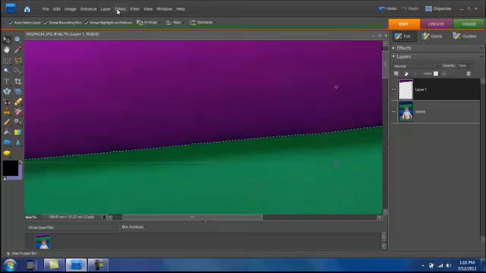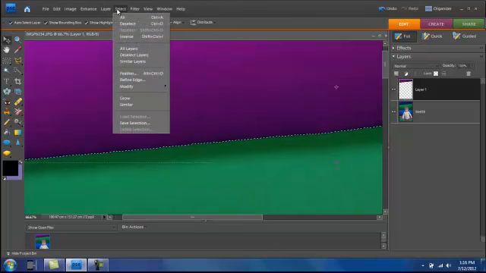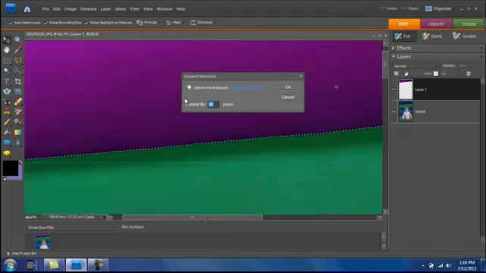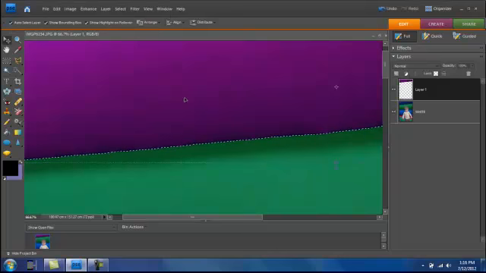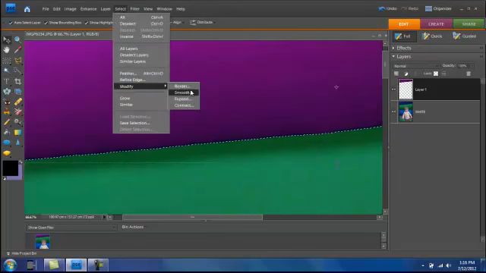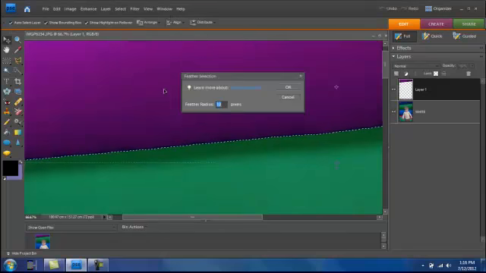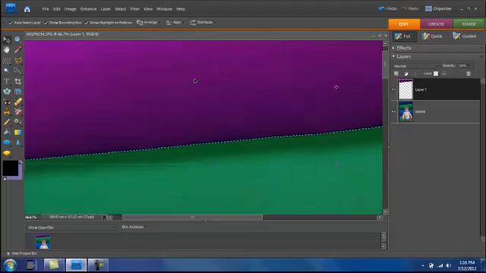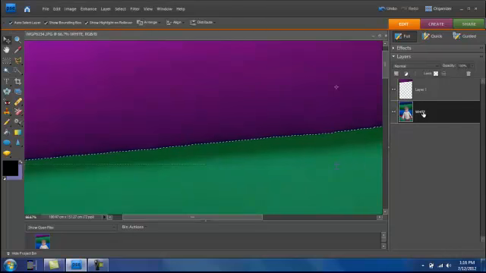I'm going to cheat, jump ahead a little bit. I'll go up here to the Select menu, Modify, Expand to Select, Modify. We're going to feather that. So select feather, and I'm going to put in a value of 2. I'm going to go back down here to the base layer, Control J,